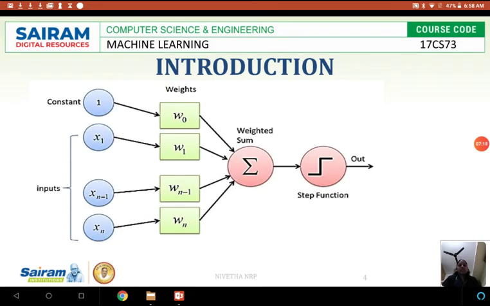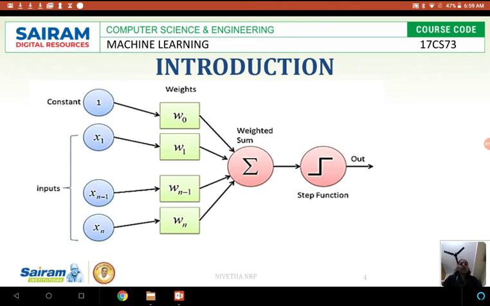So this is the architecture of a perceptron. Here we have 3 sets of inputs, x1, xn minus 1, up to xn, and all those inputs have corresponding weights. x1 has the weight w1, xn minus 1 has the weight wn minus 1, and xn has the weight wn. And we have a common bias, where the bias is 1, a constant factor, and we use this for the simplification process.